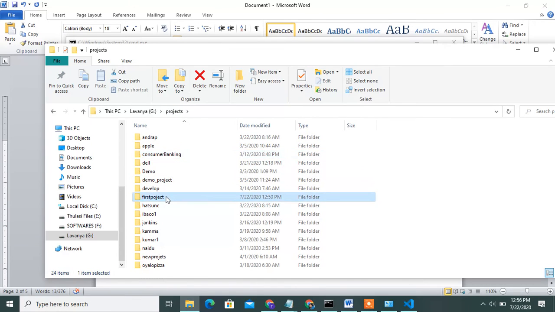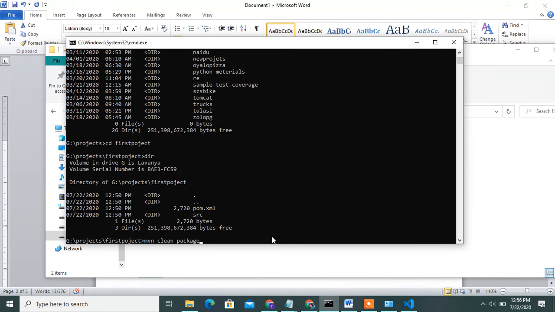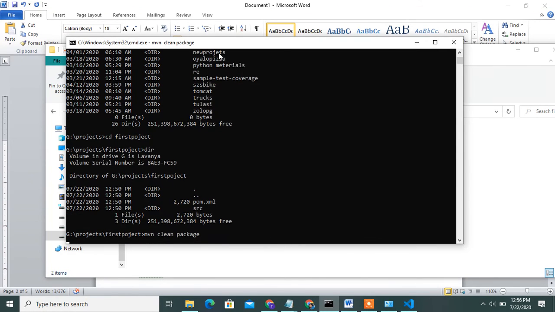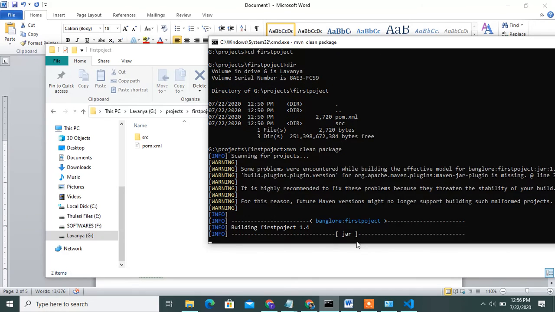Where is the first project? Only source and pom.xml. Once you run mvn clean package, you can create the target folder also. So see this.